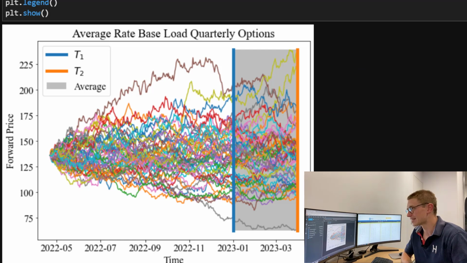So again, just to summarize, we took our own interpretation of an over-the-counter bespoke energy traded product, which was the average of the futures contract over the time period of that quarter, and we took the average of the closing price of the futures each day. So we used Monte Carlo simulation to be able to get the forward prices, our futures prices between those periods, and take the average over those price paths and compute the Asian call payoffs. And then we actually used a variety of variance reduction techniques to be able to get a more accurate price